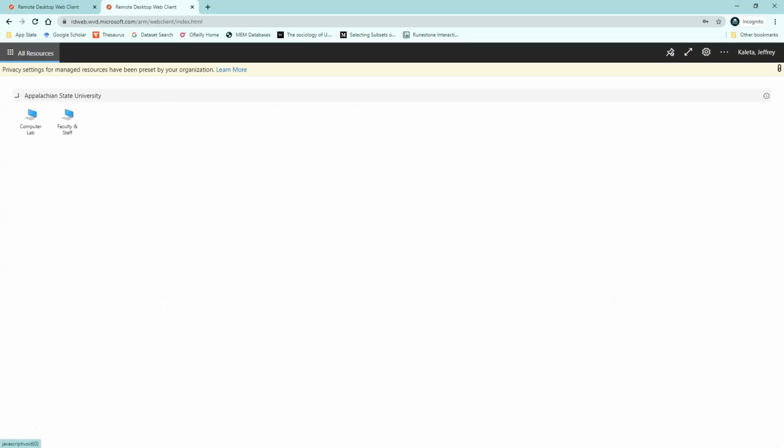One of the things that is available to most students is this computer lab option. Now, I happen to have a faculty staff computer, and you're not going to use this. You're going to use the computer lab computer. You also may have other computers available to you, but the ones we're using for this class are simply the computer lab. So go ahead and select the computer lab,